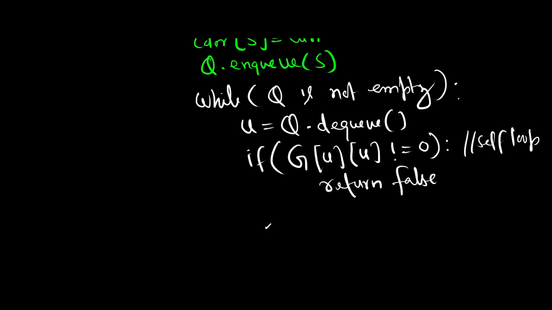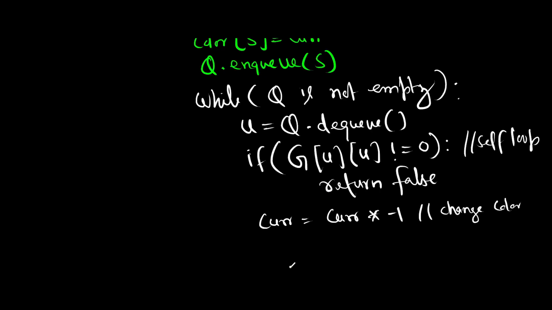Clear? And once we are done, you can change the color, or basically you can change the value of current. And how are you going to do it? Current equal to current into -1. So we are changing color here. Earlier we have marked this particular vertex as red, and now we are going to change it to blue or something else, but in this case we are taking blue.